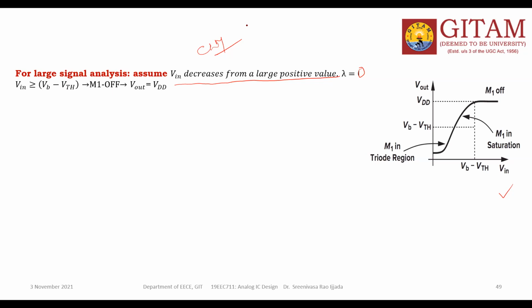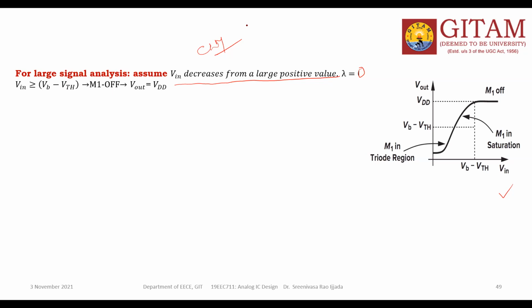Understand? So generally what we thought is that the gate is positive or negative and the source is always grounded. Source and bulk should be tied together and connected to the ground. That is our assumption for all the circuits. But what I am doing here is applying the input voltage to the source. So with reference to the source, if my source potential is more than the gate, then the device will not be on. So M1 is off.